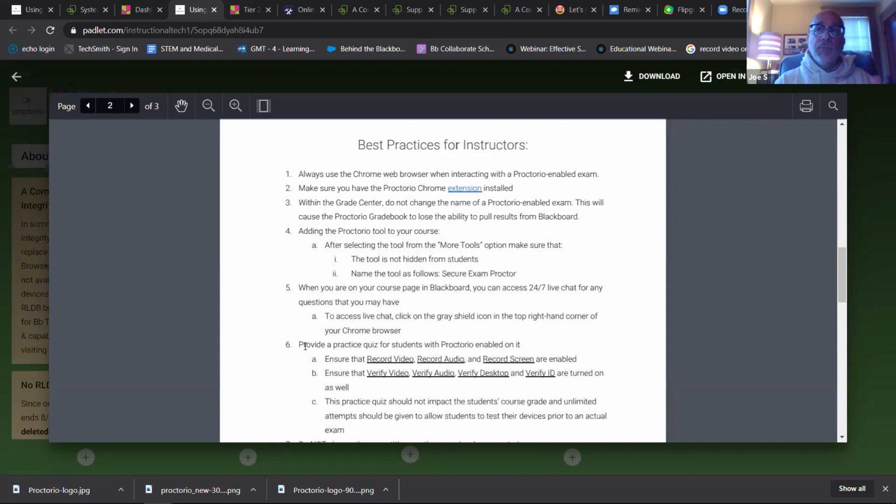And if they still have struggles after that, the best advice that I can give is that you tell them to actually go to Proctorio support directly. And I'll show you how to do that as well. Show them how to do that. Actually, there's a little bit of that in this document too. But if you do the practice exam, obviously it will yield results, positive and negative. And then, if you check in with your students and you need some help with that, you certainly can check in with myself or NCC Ed Tech, and we'll try to help you with whatever encumbrances there were and give you some guidance.